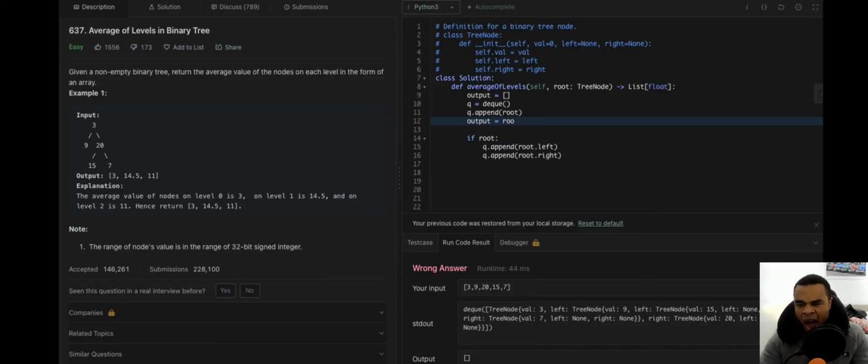Yeah, output should be root.val. At this point, and then q.append root.left, q.append root.right. So we append the left, we append the right, and then we want to go down to the next level. So every time we do that, we want to pop these, don't we?